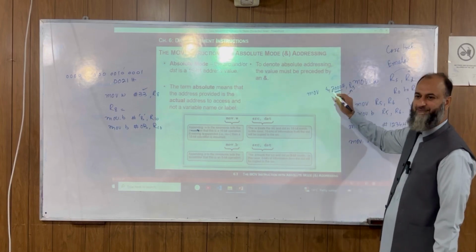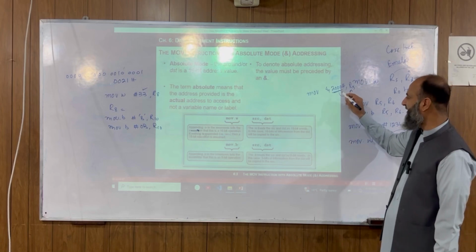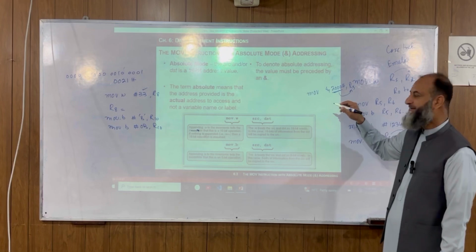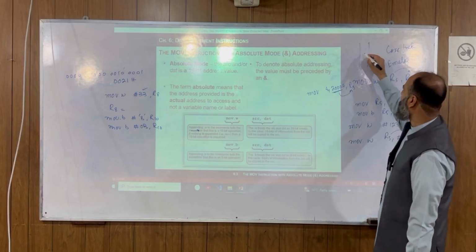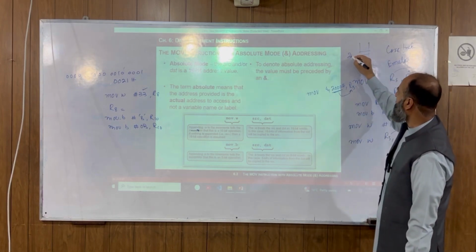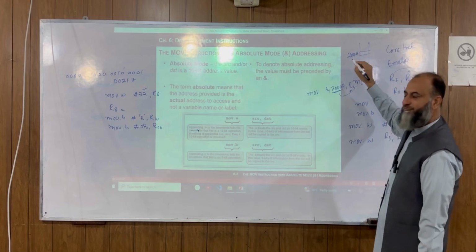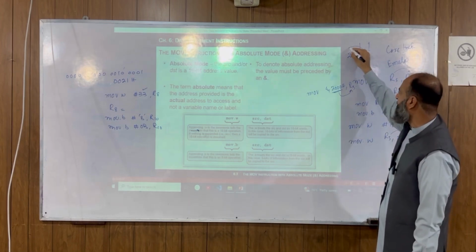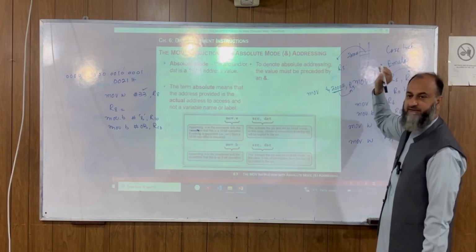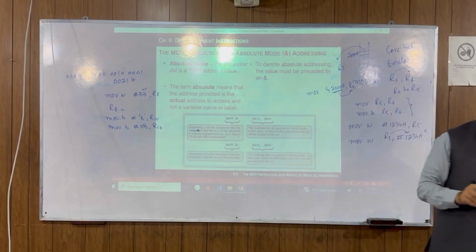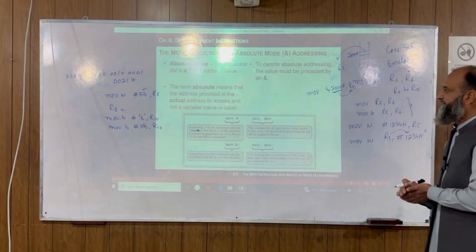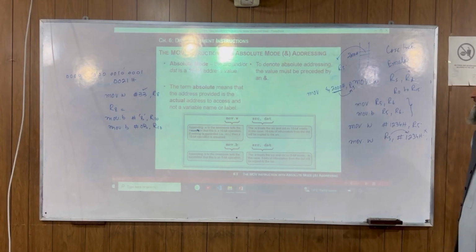लेकिन अगर मैं इसमें हैश लगा दूं, then 2000 hex will be loaded into R5. So there is a difference between them. तो अगर आपके पास let's suppose this memory location is represented as 2000 hex, and if it goes to this memory location, whatever word is stored over here is now going to be loaded into R5 के अंदर load हो जाएगा. Is it okay? सारी बातें समझ आ रही हैं? तो आसान सी है, we don't have any complexity in this. Next one.